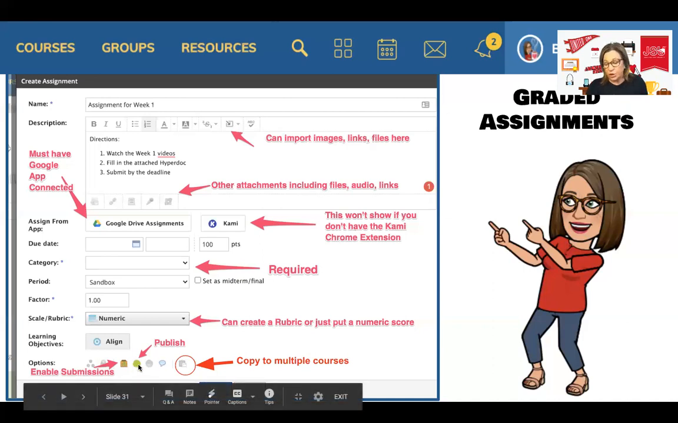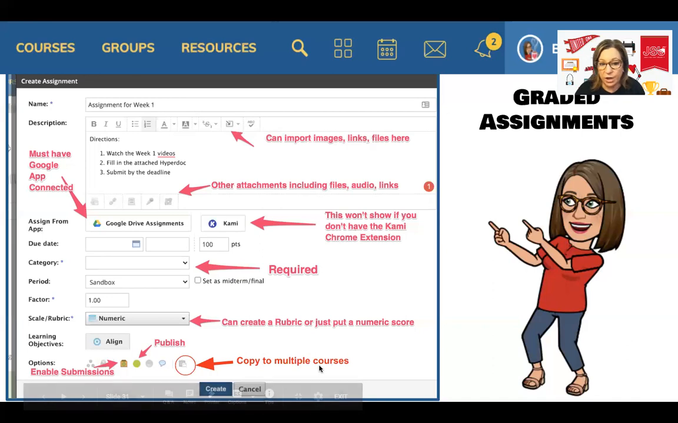The same thing you can do here is publish it. And then the last thing, you can copy that assignment to multiple courses. So I mentioned I taught high school English. I could simply say copy to multiple courses and check first period, second period, third period, and send it to